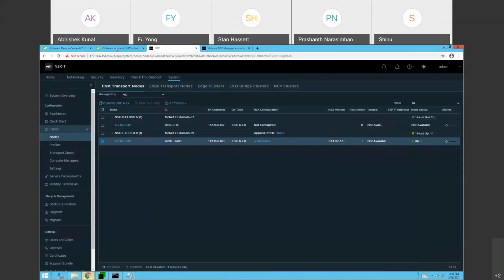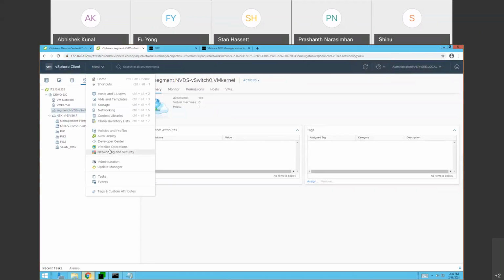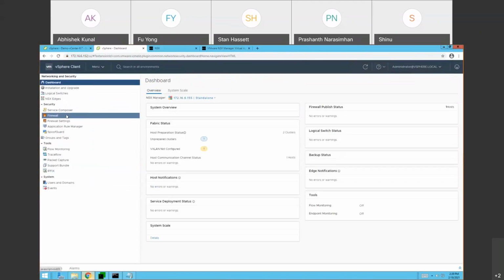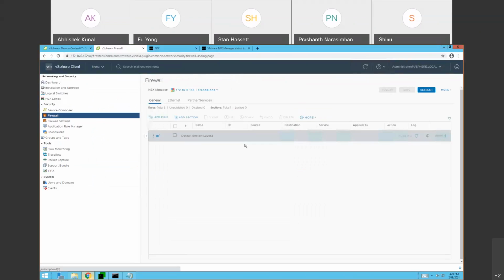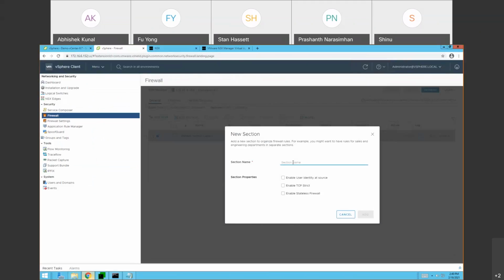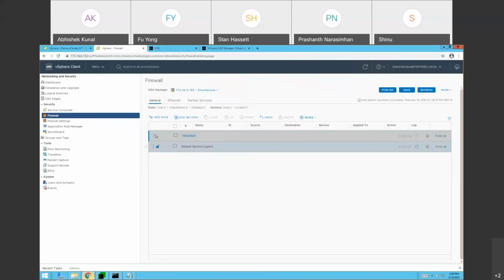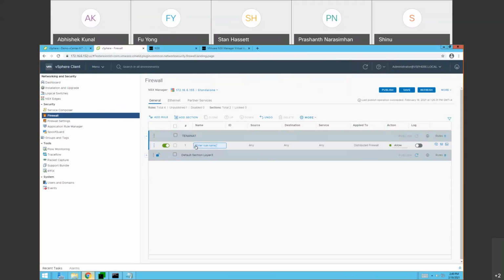So obviously, in the NSX-V system, let me create some firewall rules. I haven't created that, so let me add a section. I'll name it, done. Let me add a rule. So I'm writing rule number 1. Source I'll define with